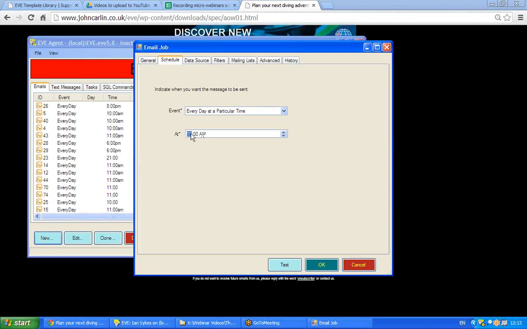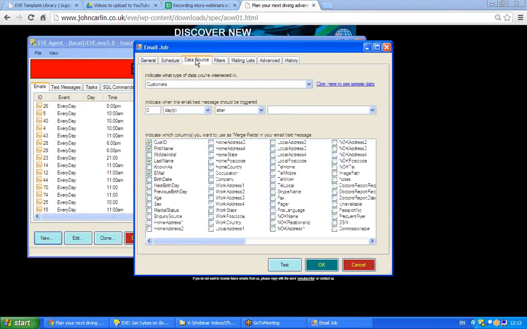Now, as this is going out in the morning, so it hits someone's inbox pretty early, when I go to data source, I'm going to have this going out the day after someone has certified on Open Water, or it may be 7 days after, it may be 14, it could be anything that you wish. Let's imagine here I choose that I want this to go out 7 days after, a week after someone has